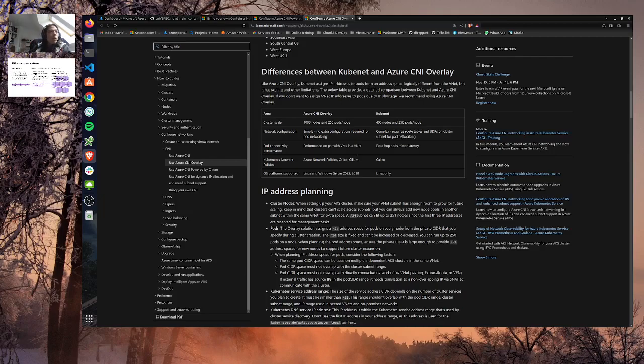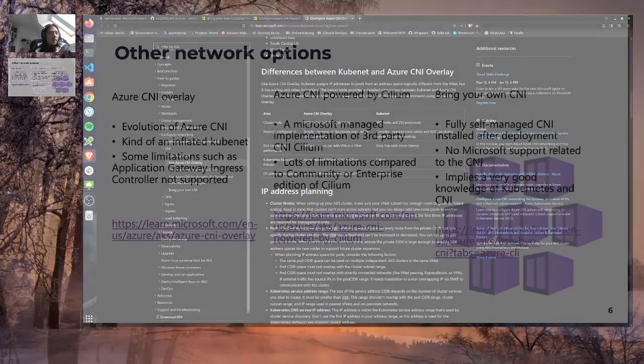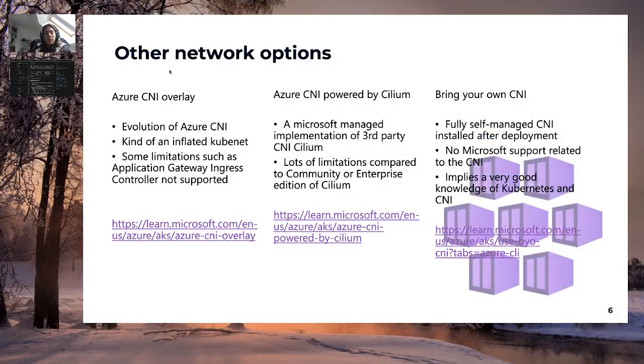The next solution that we have is Azure CNI powered by Cilium. And see, we start to talk about Azure CNI, AKS, and Cilium. So what is Azure CNI powered by Cilium? This is an Azure-managed CNI that uses Cilium in the background. How is it working? We'll have a look at that afterward.